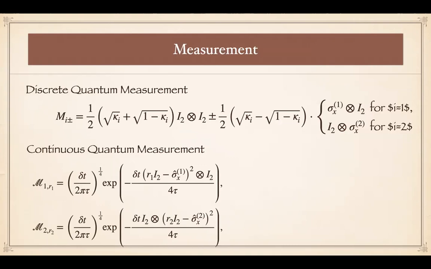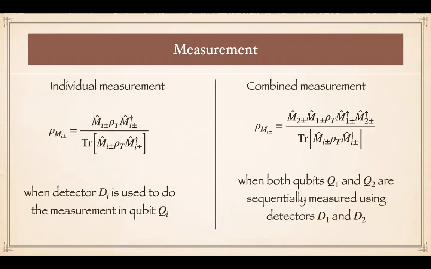We do both of them here, the discrete as well as continuous. In the discrete case, we have, let's say, M1 plus or minus for 1 and 2, the first and the second qubit. We have the same expression for both discrete and continuous measurement. Now, instead of one qubit, we have two qubits to measure. In the individual measurement, we take two parallel setups: we do one measurement in qubit 1 here, a measurement in qubit 2 here, and we sum them up. In the combined measurement, we do simultaneous measurement of both qubits at the same time. And we look into the heat extractions and everything we looked for in the single qubit case.